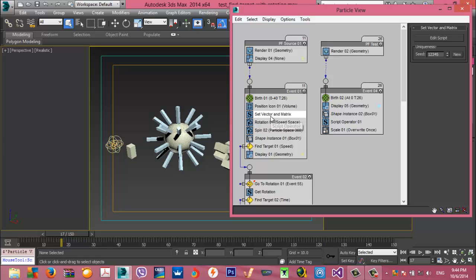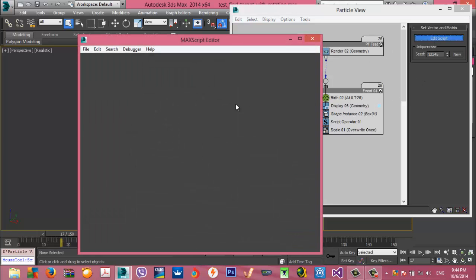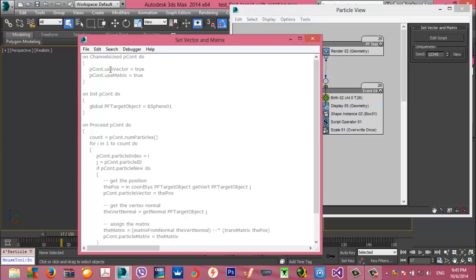As you can see here, he created a use vector. Use vector is actually an empty place where you can store vector information, and use matrix is also the same, an empty place where you can